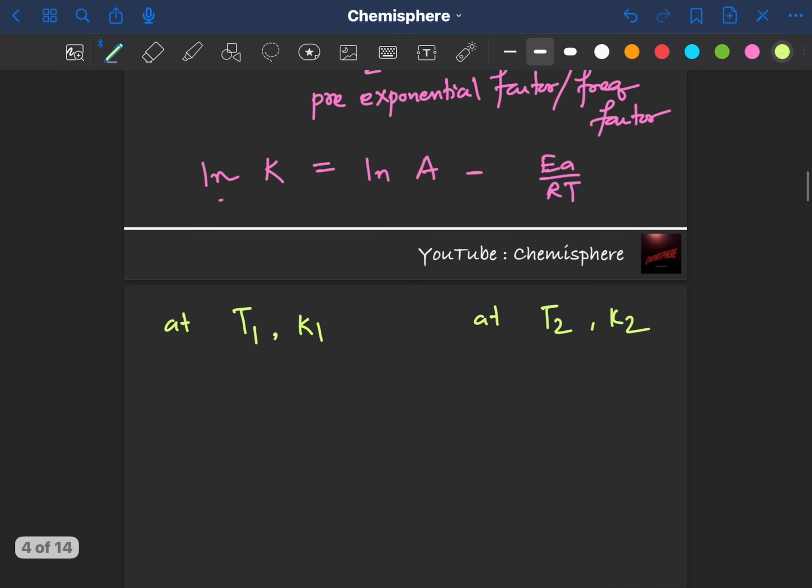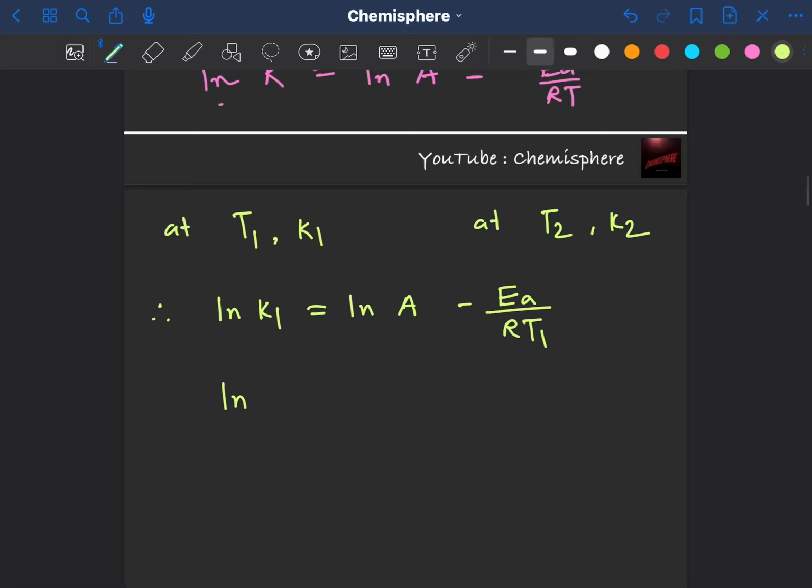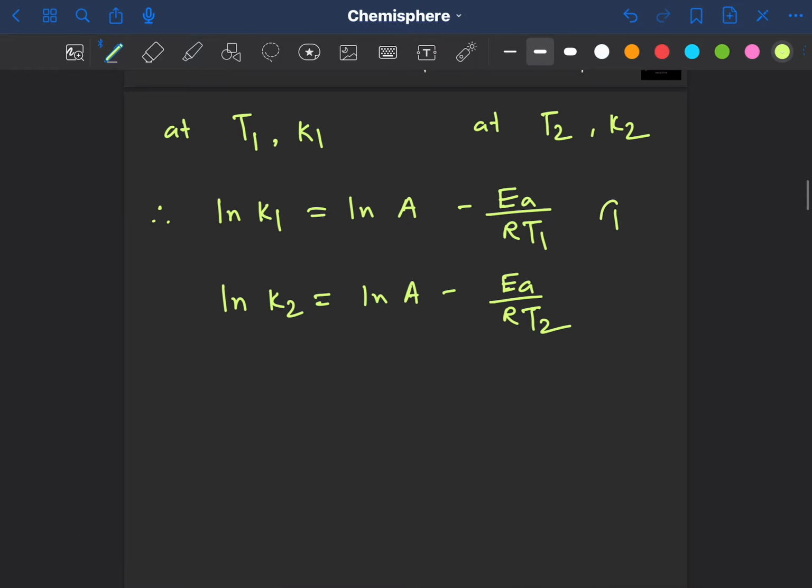So we can write ln K1 is equal to ln A minus EA by RT1. A does not change because it's a constant and depends only on the reaction you are taking. Activation energy is also fixed for the reaction and doesn't depend upon the temperature. And ln K2 will be equal to ln A minus EA by RT2. Let us say this is equation 1 and this is equation 2. So subtracting 1 from 2,